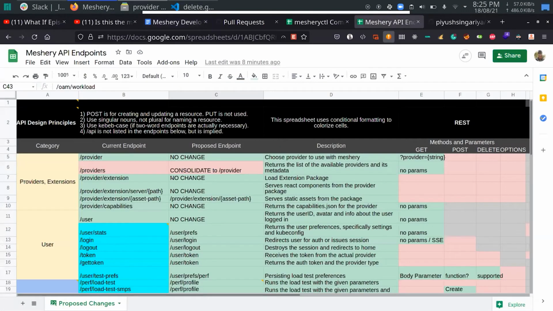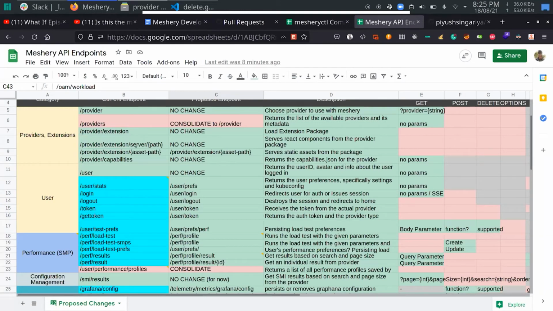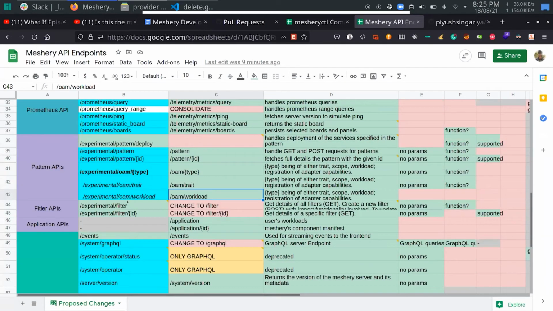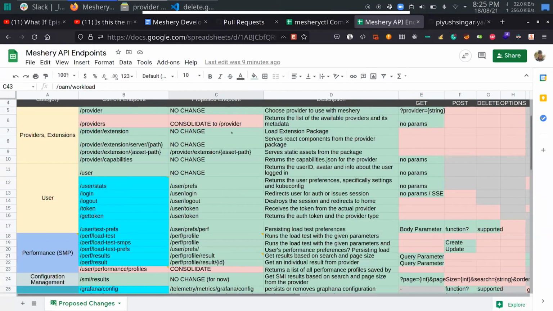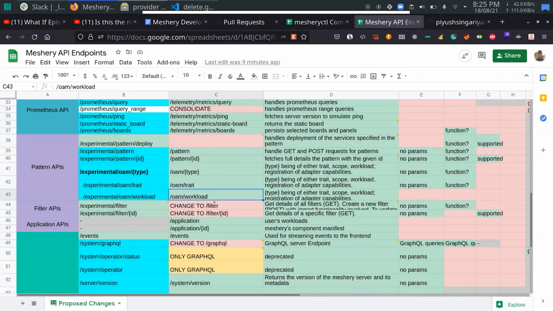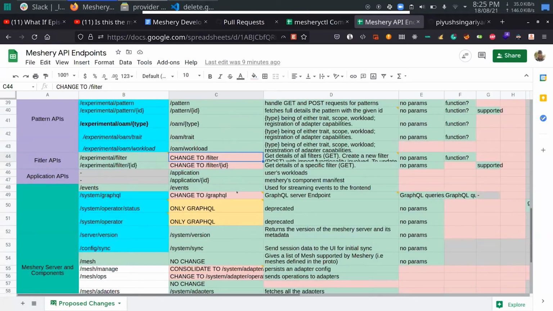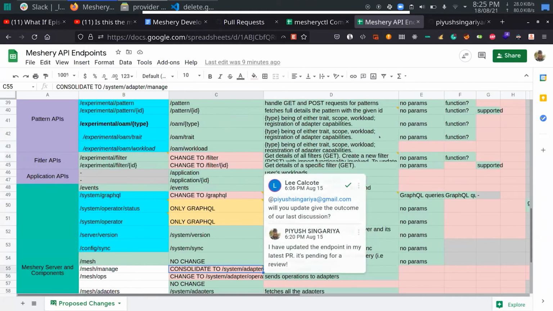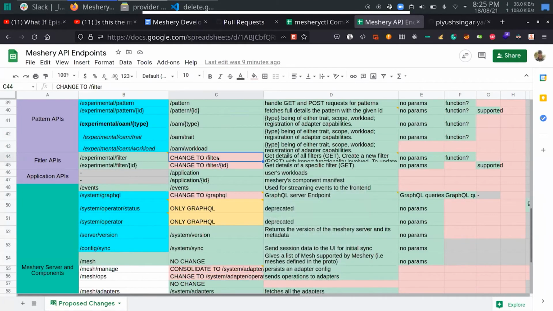Now let's move to the reworking of Meshery server endpoints. Okay, so this amazing sheet has all the older endpoints and all the newer endpoints right here. Most of them have been changed. Many of you must be aware of it, because I'm raising a new PR each week, I guess. And only 2 things remain: filter and the mesh manage. The PRs have already been raised. So let's see when this whole column will be green. Okay, that's it, I guess.